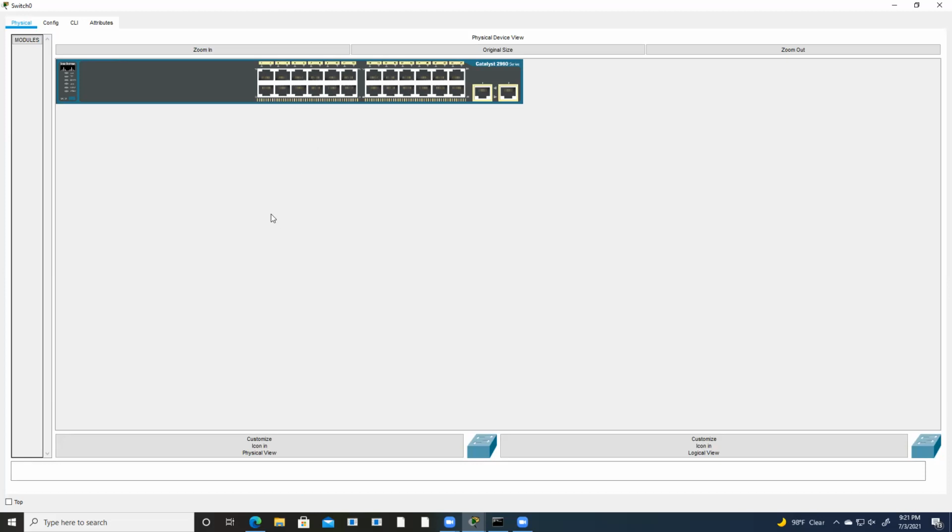Then the majority of the latest switches will have a GUI, like graphic access, plus the CLI. But the older models will have only CLI, and CLI is the best choice for configuring and troubleshooting. Unless there are plenty of commands to do, we can go with the graphical. You can see here CLI.